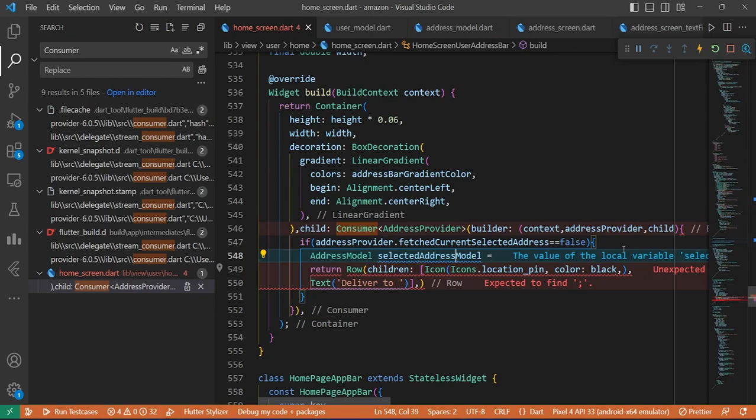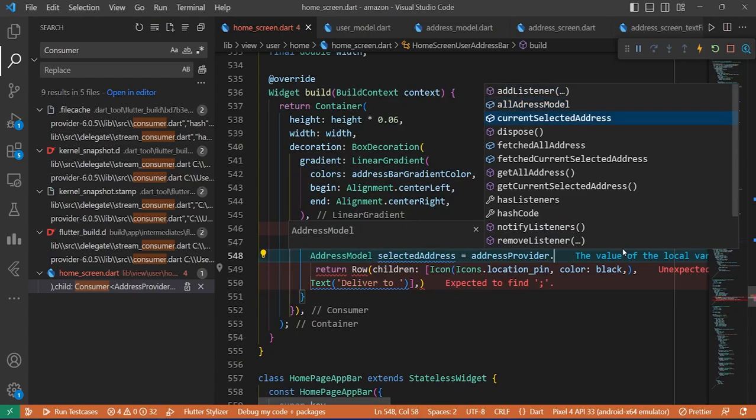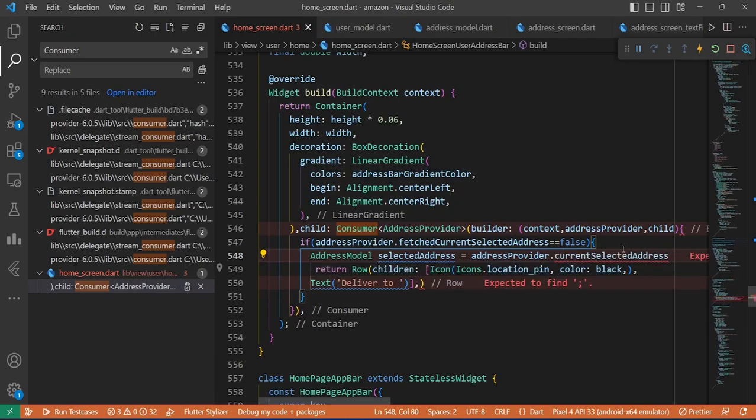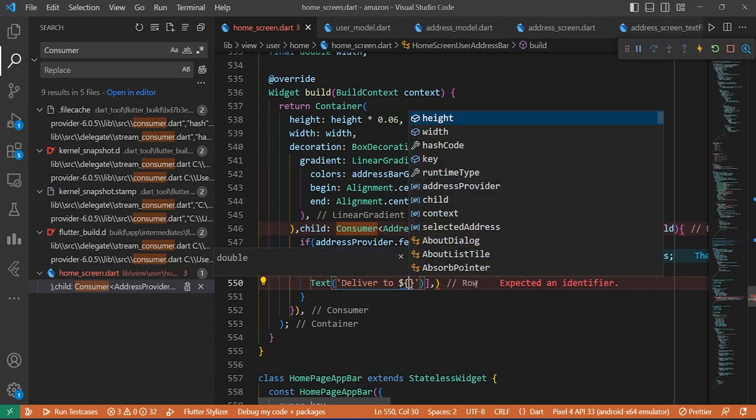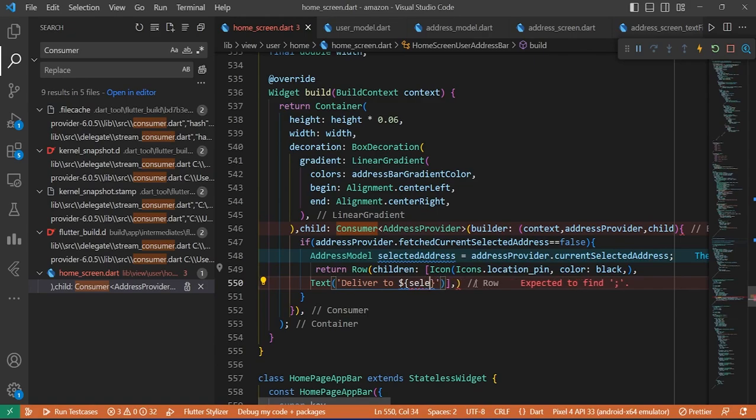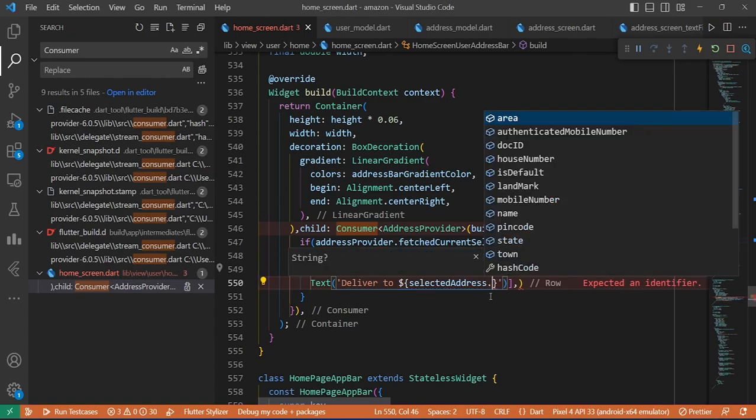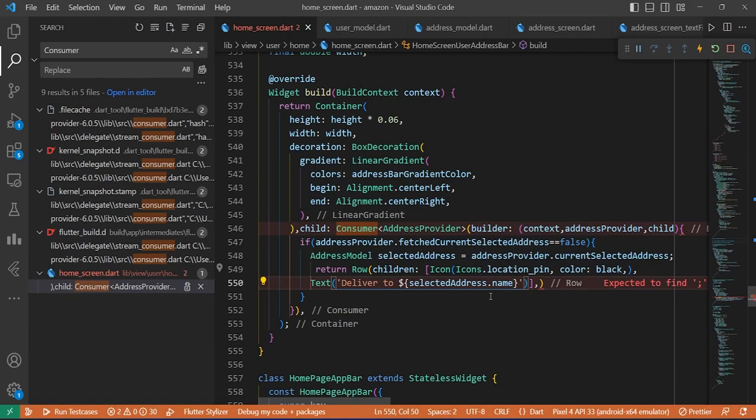Set address, address provider dot current selected address. Yeah. So deliver to selected address dot name, dash,